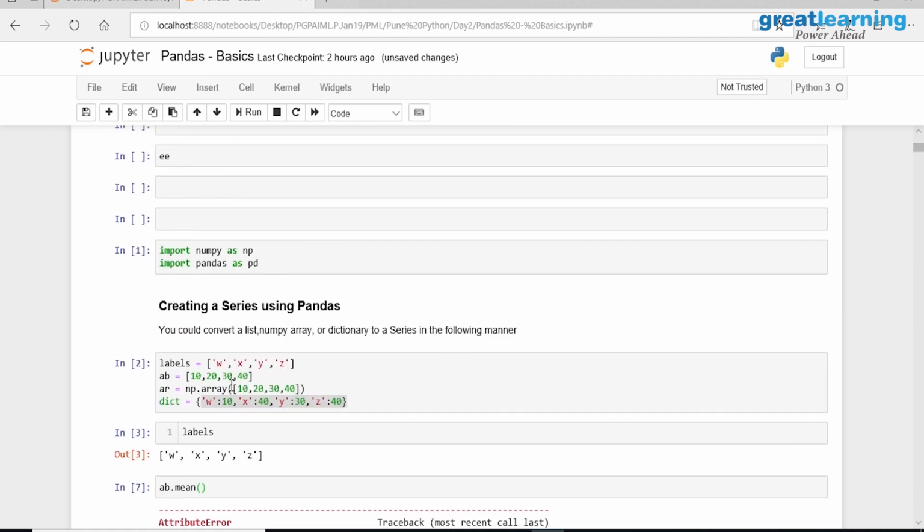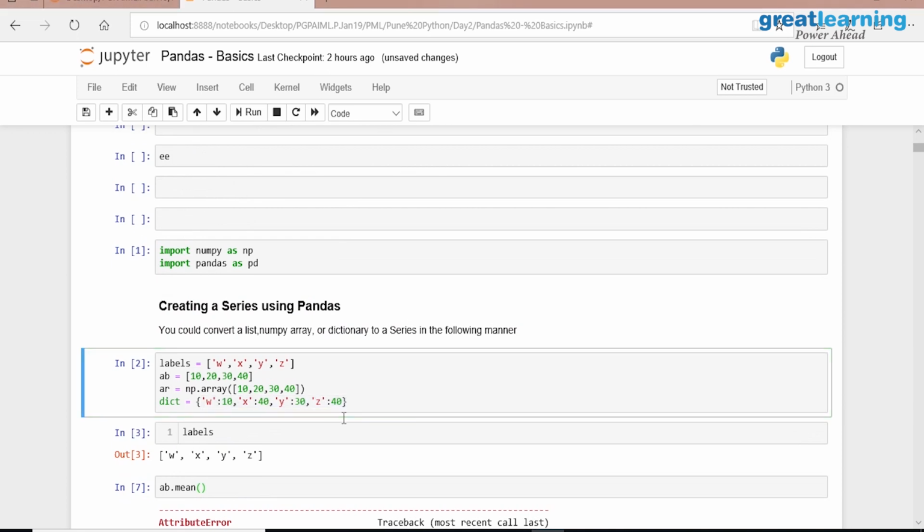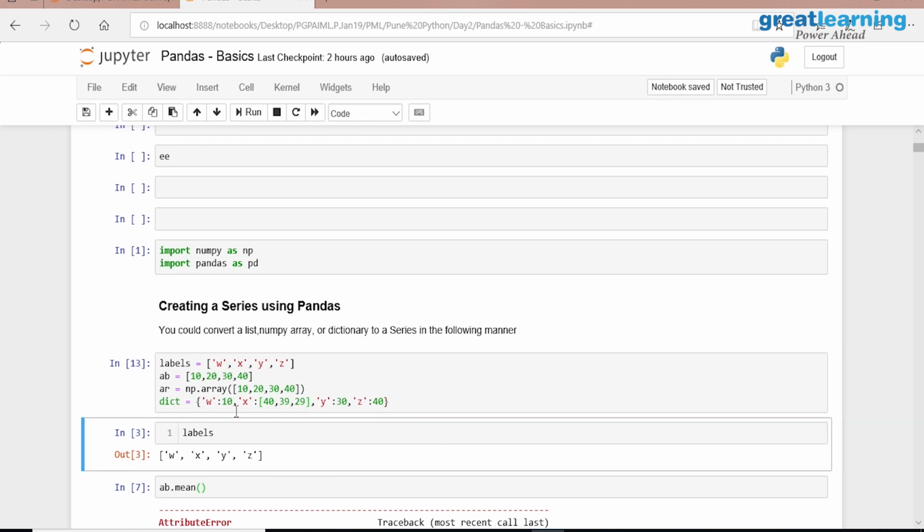And have you seen this again? In the dictionary, all the values need not be of the same size. Correct? Here I can have it like this. So what does this dictionary have now?